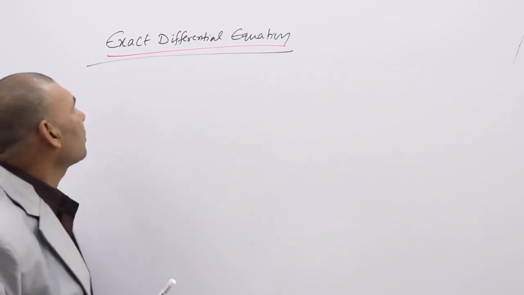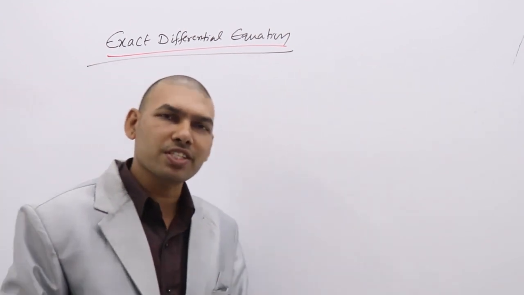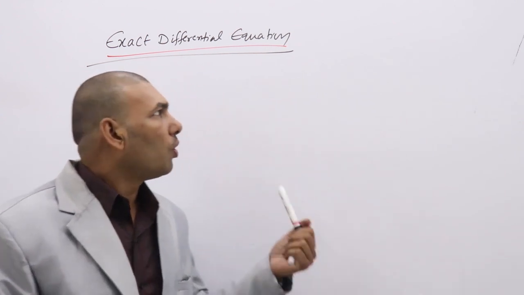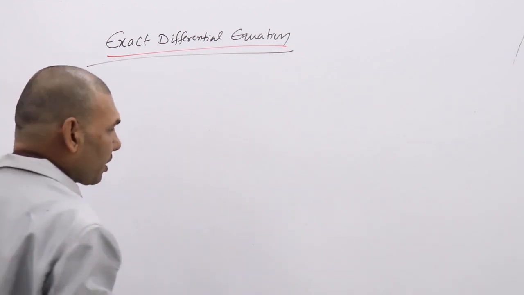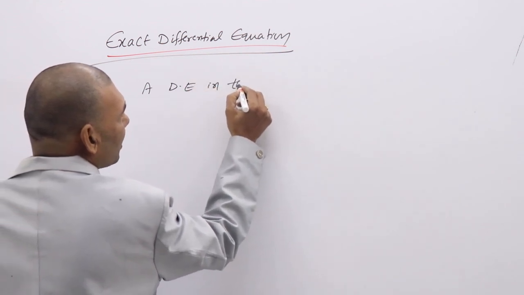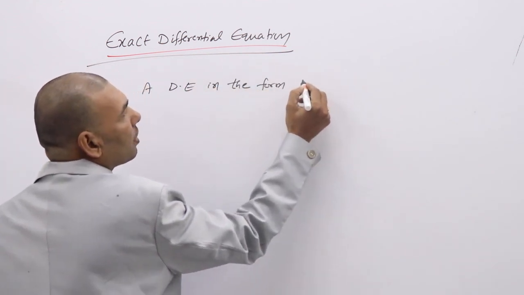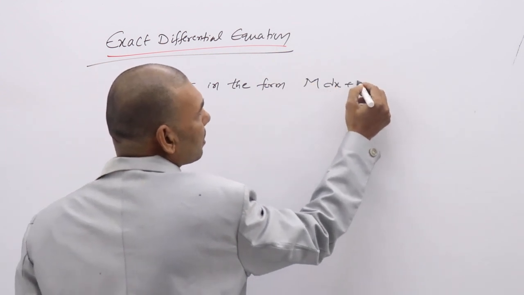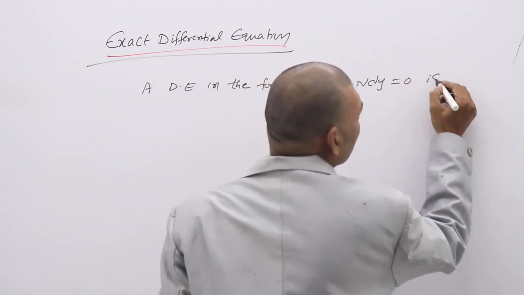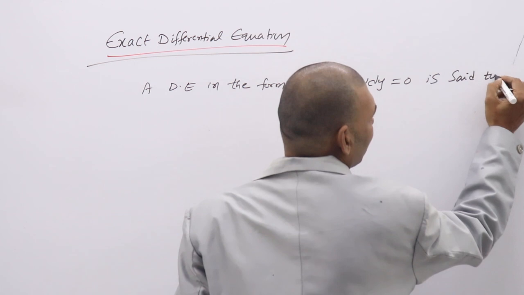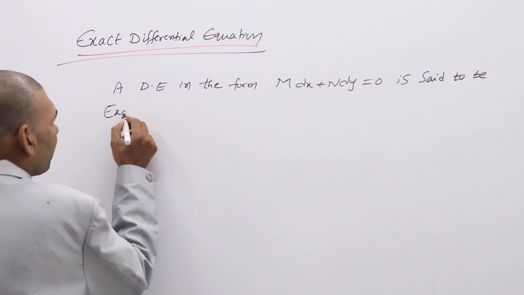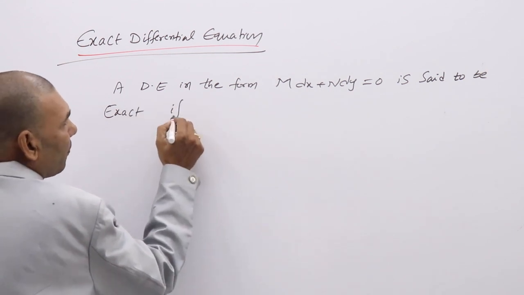Exact differential equation. Among all the types of first order, first degree DE, the most important one is exact DE. So, what is an exact differential equation? A differential equation in the form M dx plus N dy equal to 0 is said to be an exact DE if